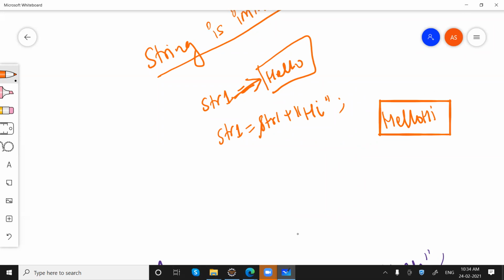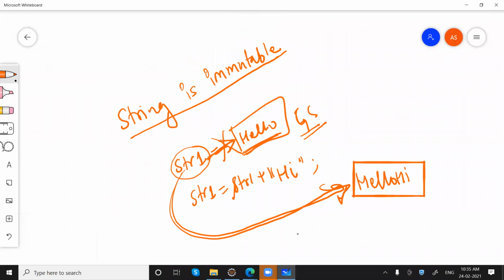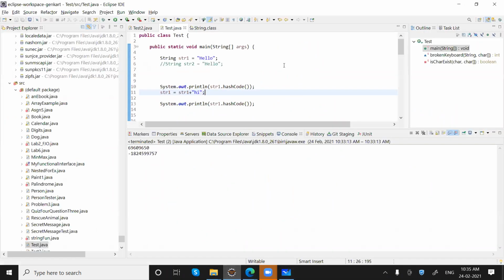And this particular pointer will be dereferenced, or it will be pointed here at this point. That means the object we had earlier will be eligible for garbage collection. It is no more being referenced by str1. It is now connected to this new string. That means we got a new object. That is called immutability. We cannot modify a string object, and if we try to do so, we will get a new object. Getting my point? Any doubt in this? Feel free to ask.